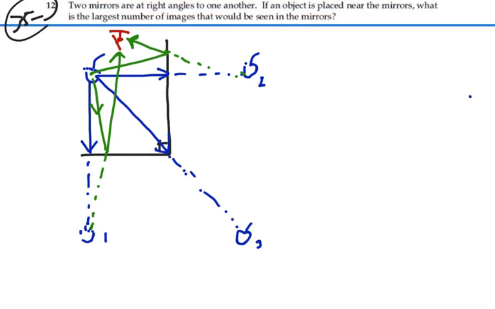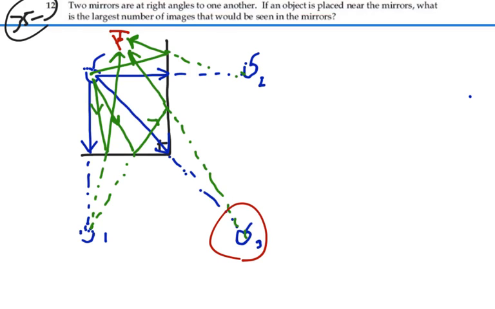And there's a ray that appears to be coming from image 3 here, from this direction. But that's actually coming as if image 1 were the object for mirror 2. So it's coming as if it were coming from image 1 over here, but it's actually coming from our original object like this. I can locate this image 3 in that way, and by looking at these two double reflections off these mirrors, I would find that image 3 is in the same position no matter how I looked at that. So I end up with these 3 images for this